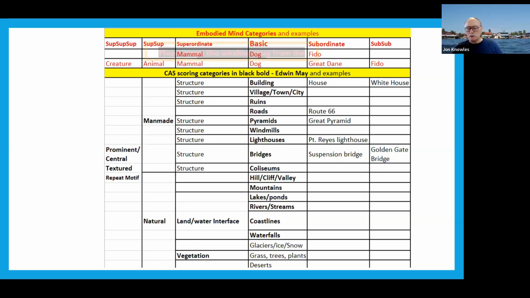So when someone says they're matching the target, I've noticed some people lately say, well, I got a road or I got a building. So yes, you've matched the target at that level. But we're also talking about the difficulty and the importance of matching at the subordinate level, because if you can name something with a person's name or a place and so forth, that would be even more important for remote viewing.